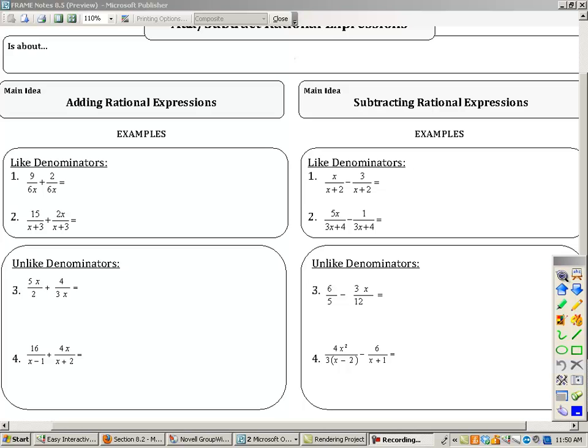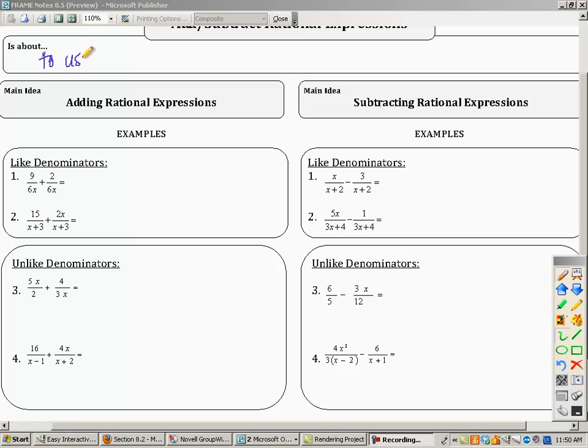Welcome to section 8.5. We are going to add and subtract rational expressions today. And again, a rational expression is when you have a fraction divided by a fraction, or a factor divided by a factor, and you're looking at fractional form. Now our goal today, and I'm going to put in this is about statement,